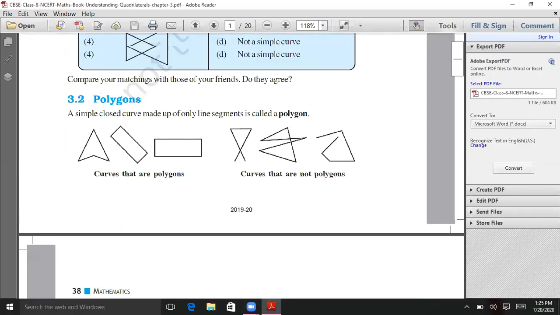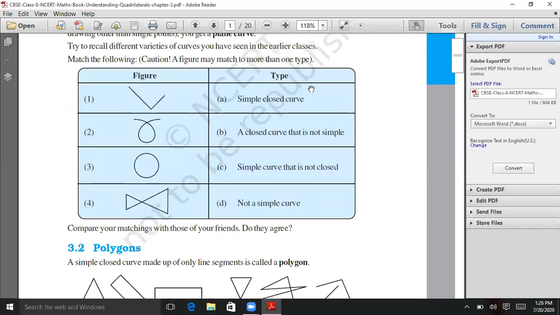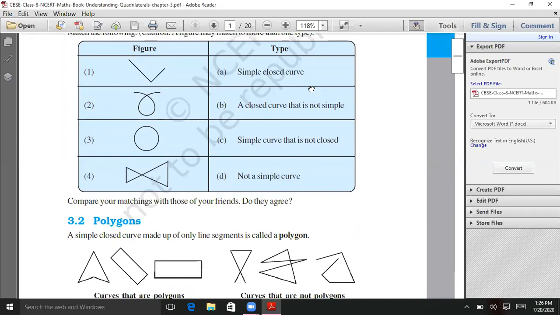Let's revise what we have done. Here we have done the simple closed curve and simple open curve. Closed and open, we know when it's open, it's not closed. If it's properly closed, it's so simple. And in simple and not simple, the one with turns is not simple. And the one which starts from a point and ends at the same point properly, either a circle or a square like this, if there are no twists and turns, you can say it's simple; otherwise it's not simple.